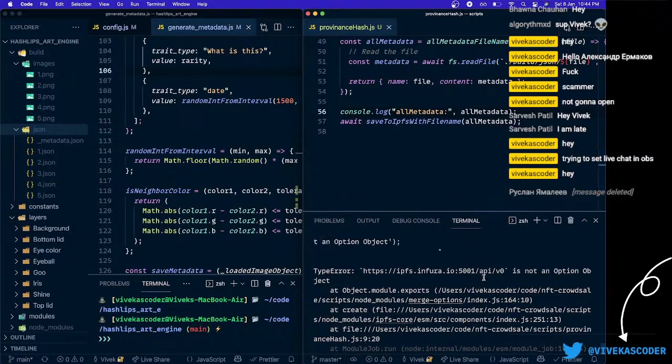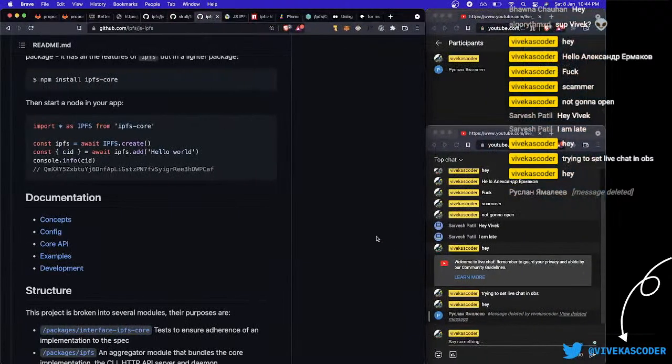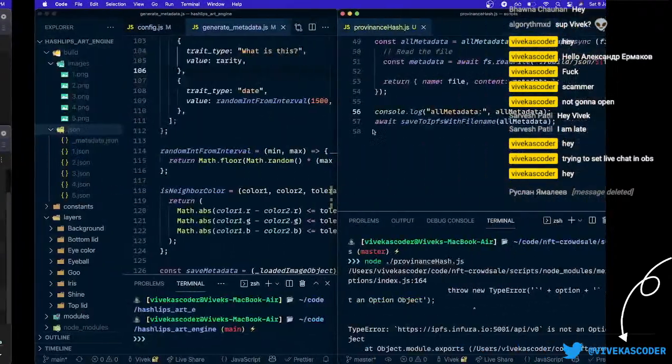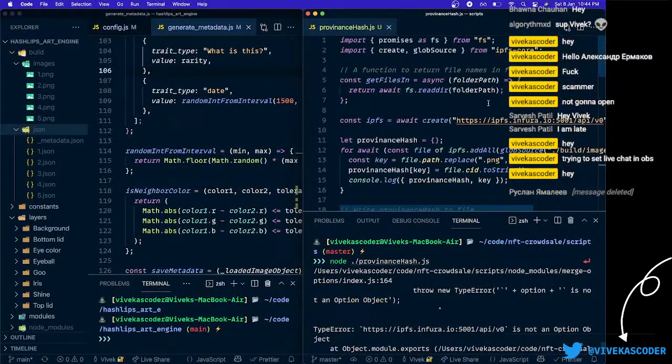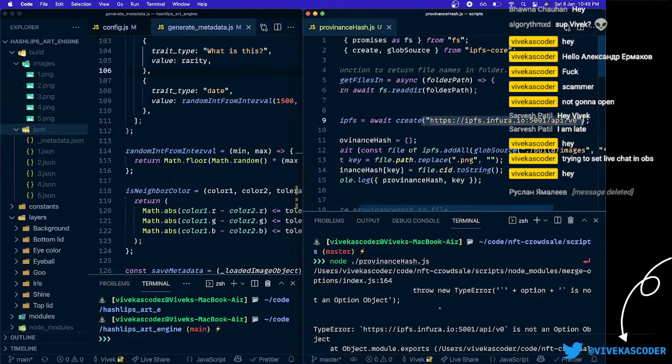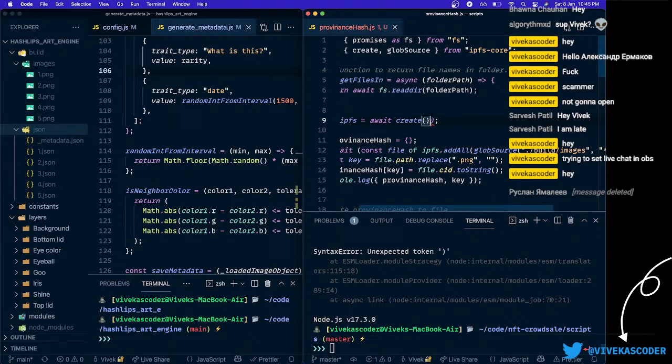It's not an options object. Come on. You know what? I think you can abuse this, so I'm not gonna provide anything, and it should work. Let's remove this and